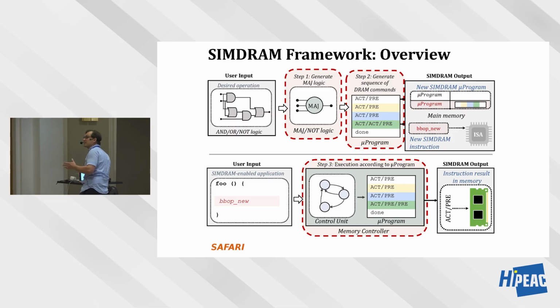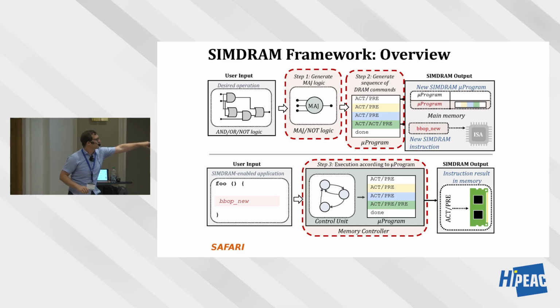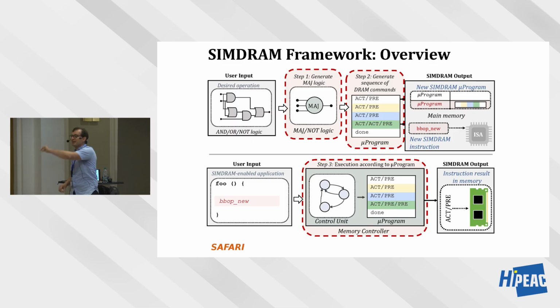So this block bitwise operation, it could be a convolution across many inputs, is associated with a microprogram. Now, the user, when they program, or the compiler, can insert this instruction into a program. When this instruction gets executed in the processor, it gets shipped to the memory controller. The memory controller fetches the microprogram and executes that microprogram. So that's a very general purpose system. We don't change the sequential programming model. The programming model is exactly the same as what you would do today, except there's a new instruction there that's implemented in DRAM. And the key is really designing this microcontroller.